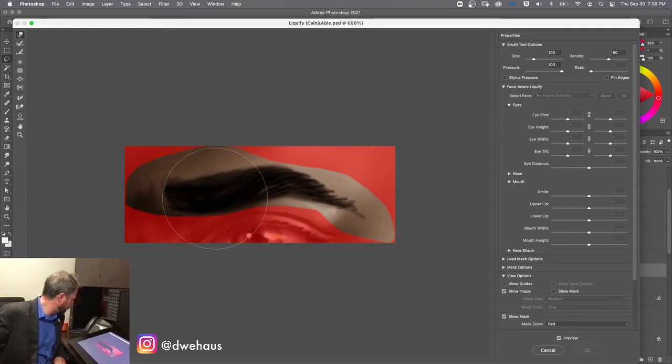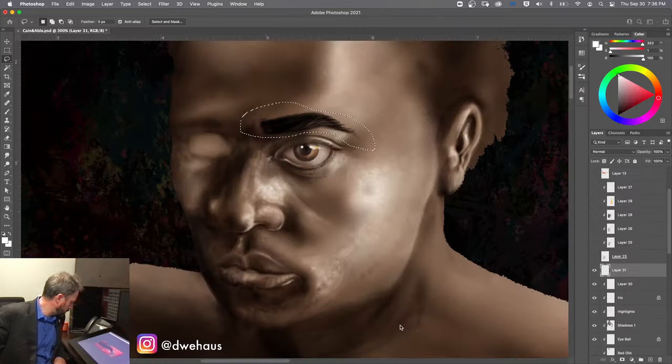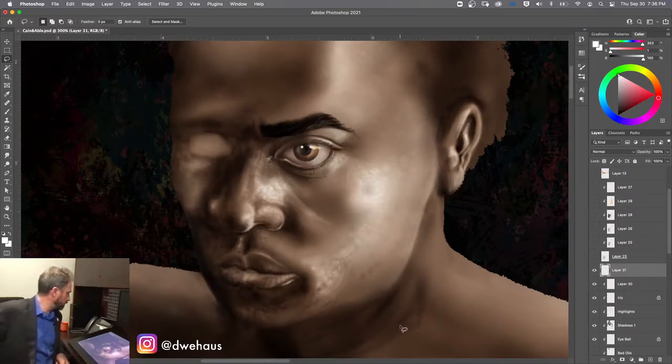There, and that's moving. Just kind of want it to be subtle. Let's see what it looks like. I guess that's not too subtle, but